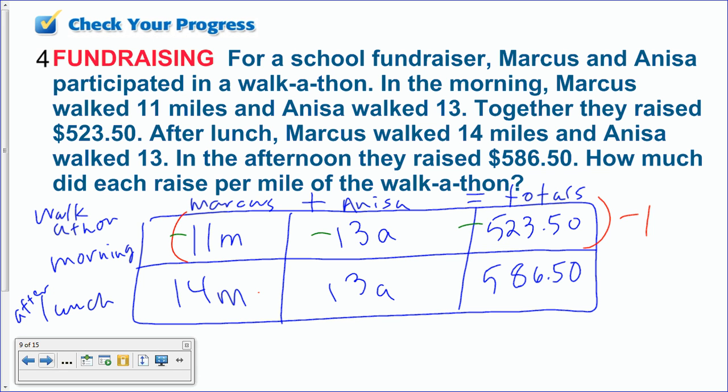Now, do you guys see how I'm doing this? Yes. I haven't really put anything in an equation format, have I? Okay. I'm trying to work smart here. That's going to give me what? Negative 11m plus 13a. No, it's going to give you 3m. Yeah, go ahead and eliminate. These two are going to eliminate, right? And then this is going to be equals,